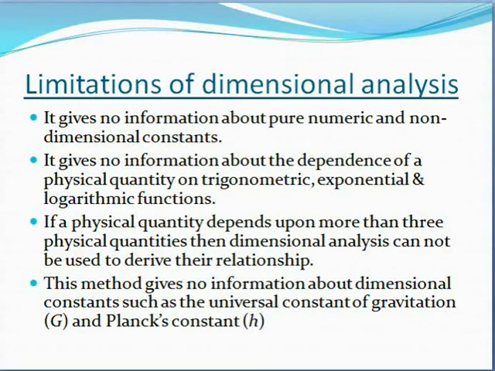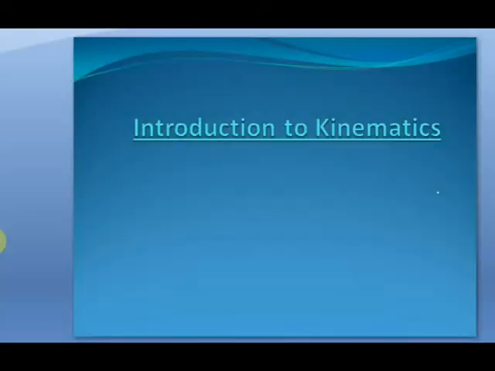Now let's talk about the limitations of dimensional analysis. The dimensional analysis gives no information about pure numeric and non-dimensional constants. It gives no information about the dependence of a physical quantity on trigonometric, exponential and logarithmic functions. If a physical quantity depends upon more than 3 physical quantities, then dimensional analysis cannot be used to derive their relationship. And this method gives no information about dimensional constants such as universal constant for gravitation, that is G, and Planck constant, etc. Now we will start